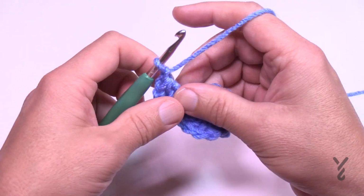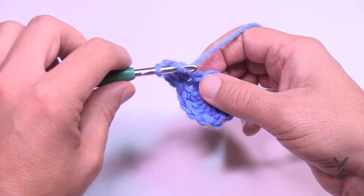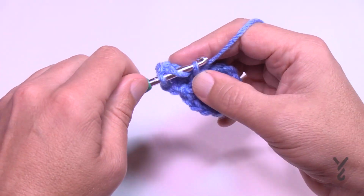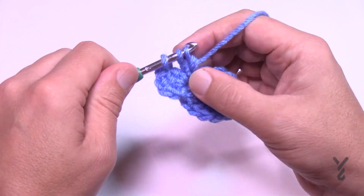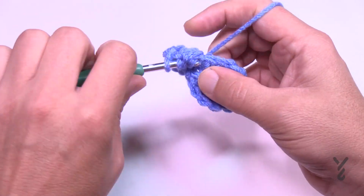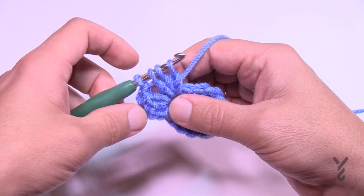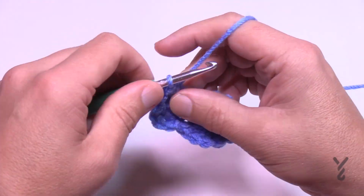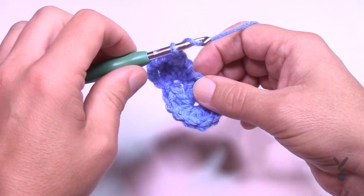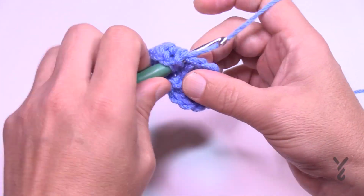So you're going to chain 1 and then do the next 2 stitches the same way. So just wrap the hook now, going into the next one, pull through 2 and hold, and keep on doing that until you see 4 loops on the hook. Because we already started with the last stitch here, that's why there's 4. So when we started a fresh one, there was only 3. So pull through and then chain 1 and then move to the next one. So wrap, pull through 2, and keep doing that,